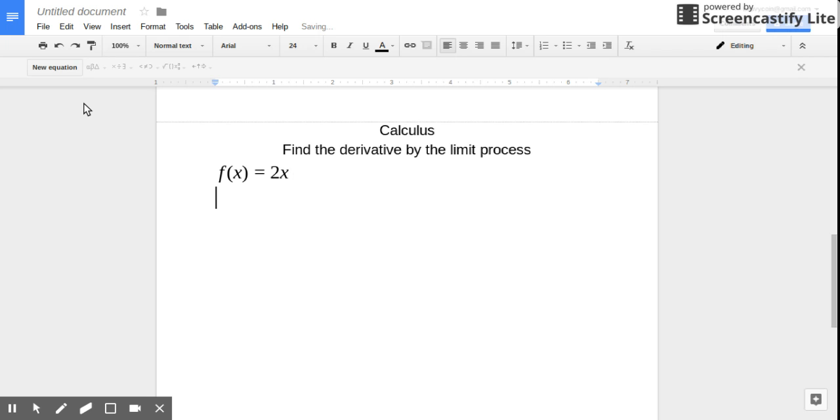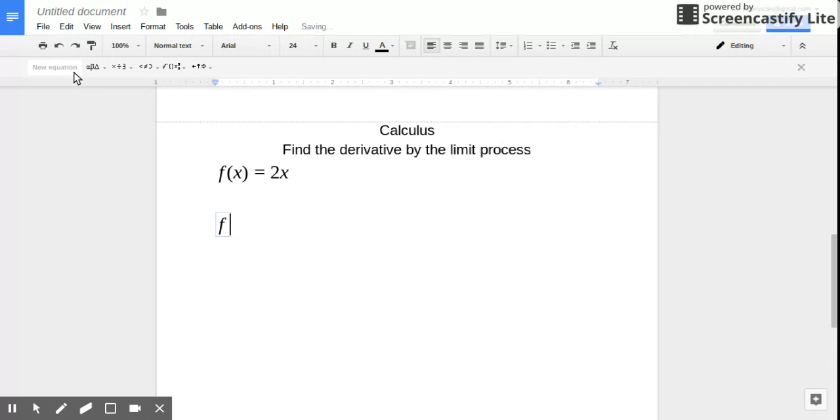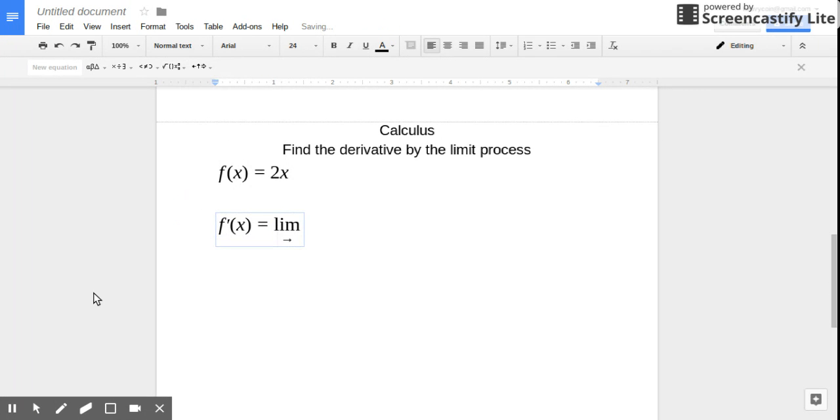Now what we'll need to do is go ahead and write this formula that we're going to be using, and that is f prime of x. f prime of x is equal to the limit. And sometimes this is written differently. Sometimes there's an h here, but we're going to go ahead and use delta x. I remember when I first learned it, they put an h there for whatever reason. So the limit as delta x approaches 0